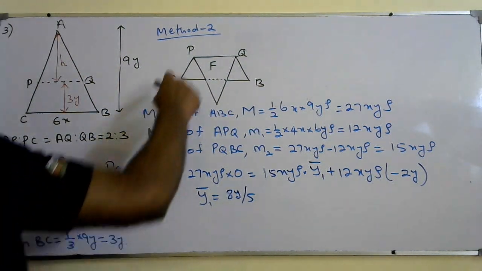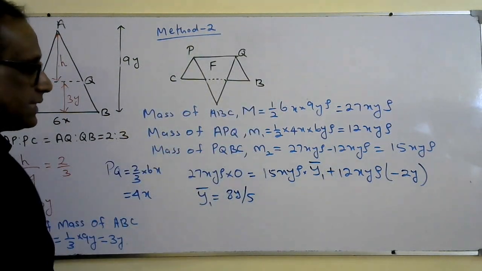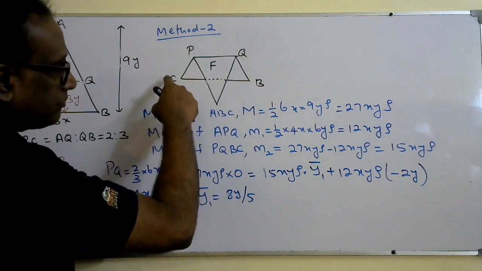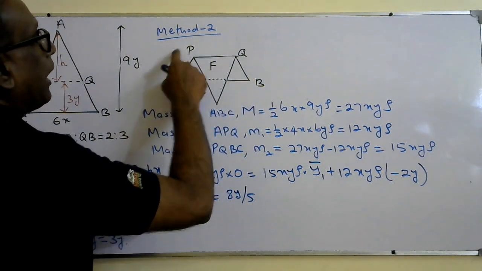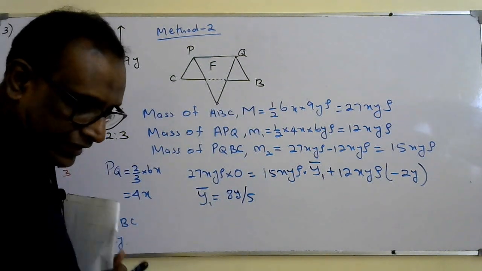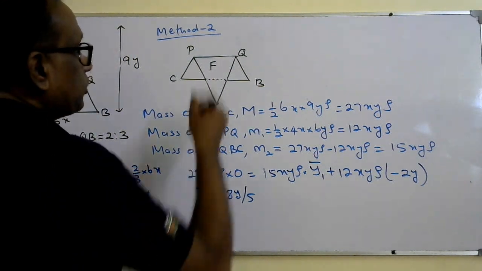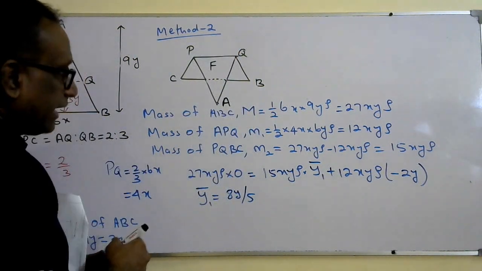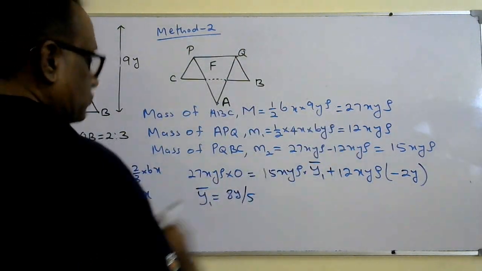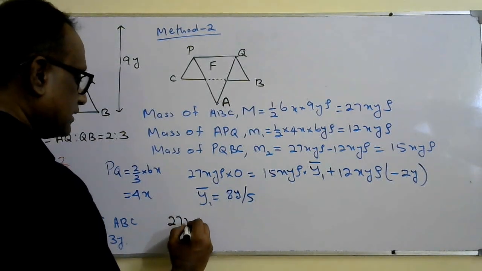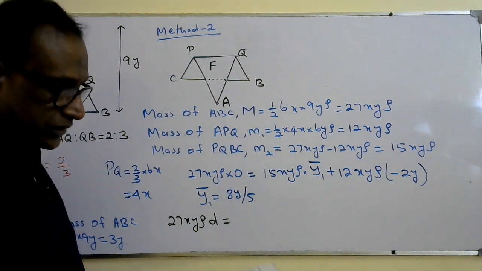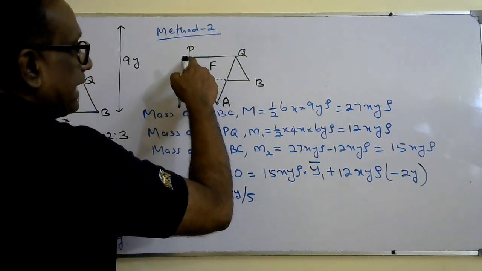Now we have to find the center of mass of this lamina. Now we can assume this lamina is made of this trapezium and the upside down triangle PQA, that forms the new lamina. So for that, we know the total mass of this lamina is 27 xy rho, so we can say 27 xy rho into d. D is the question, they are using d for the question, is equal to